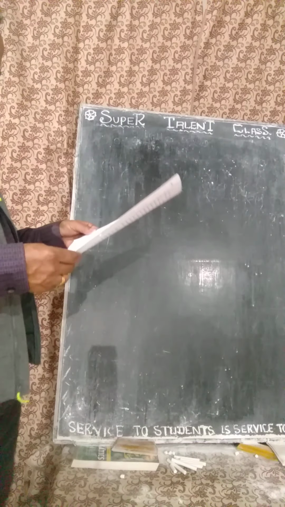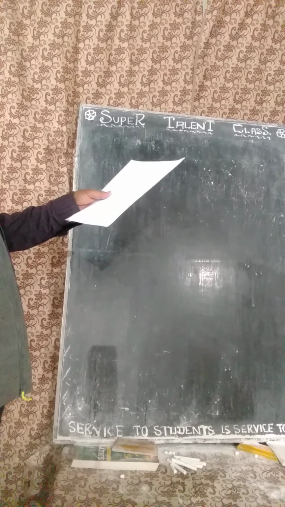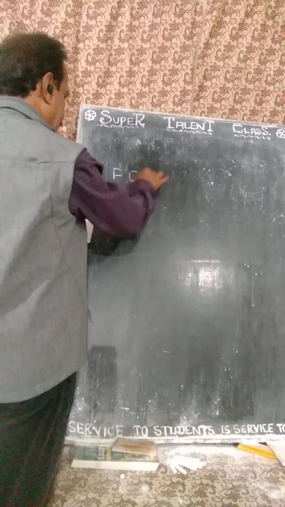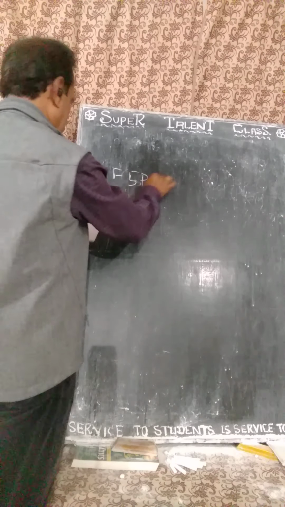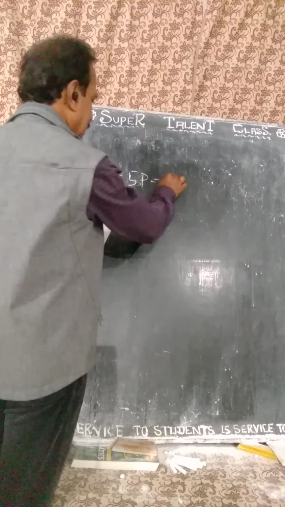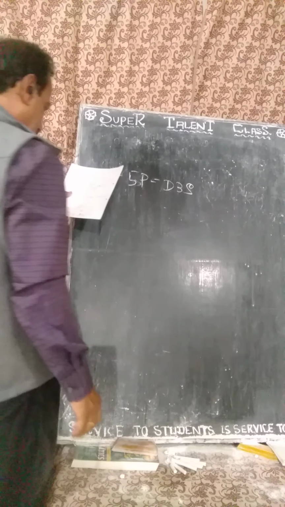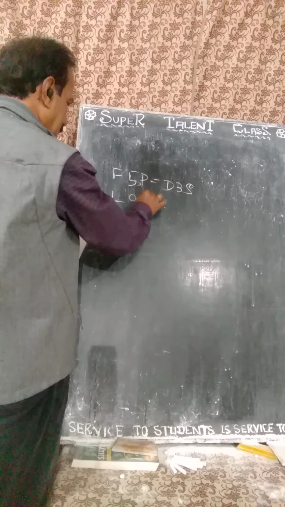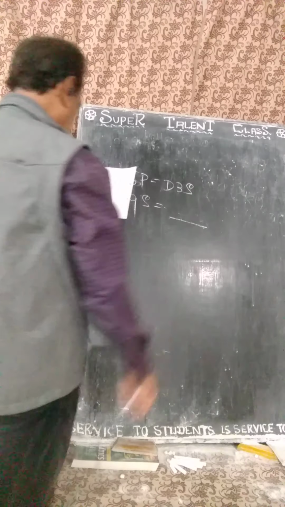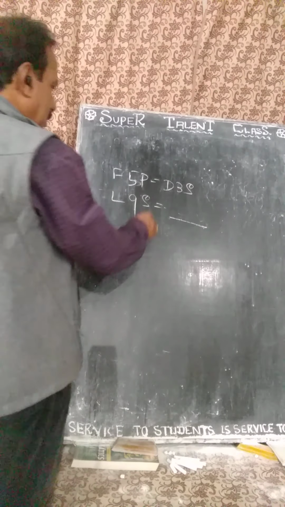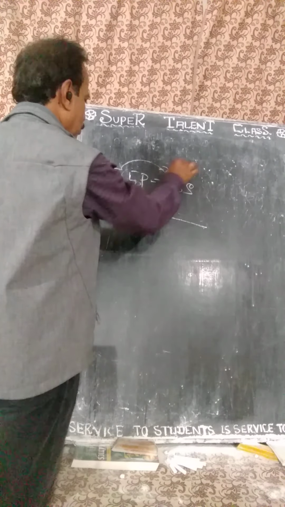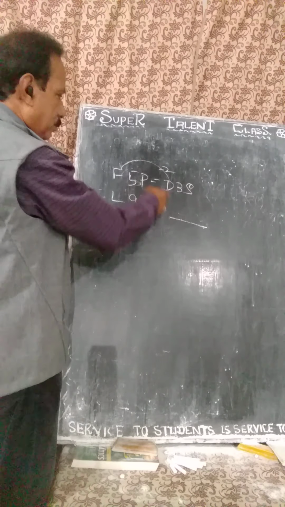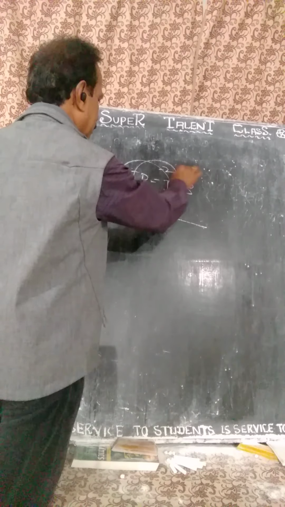But you see, F5P D3S. F5P, number and letter mixed. F5P D3S. Then L9S is equal to dash. You see the relation? Minus 2 plus 3. Therefore D F minus 2. Minus is difficult, but you go in reverse way. DEF, or back if not possible. DEF 5 3 minus 2.